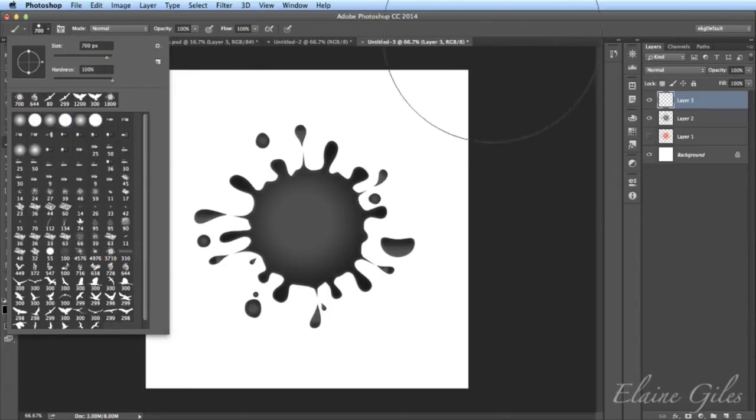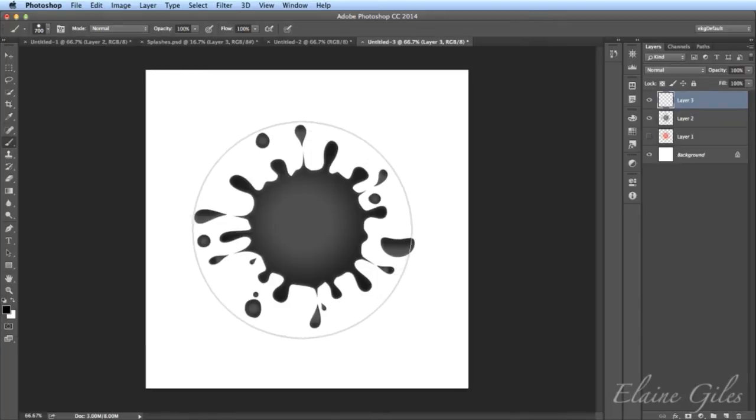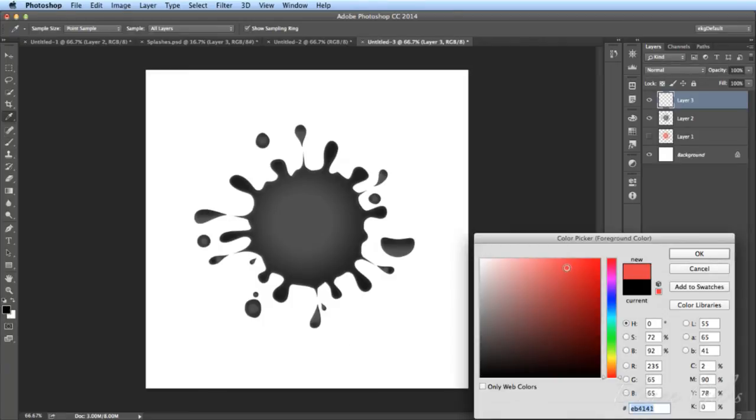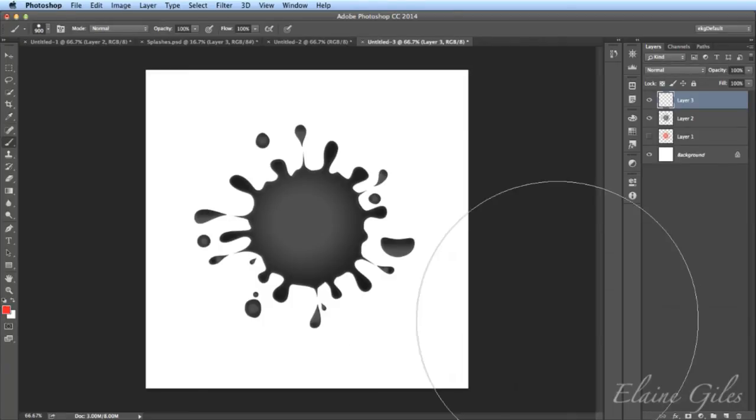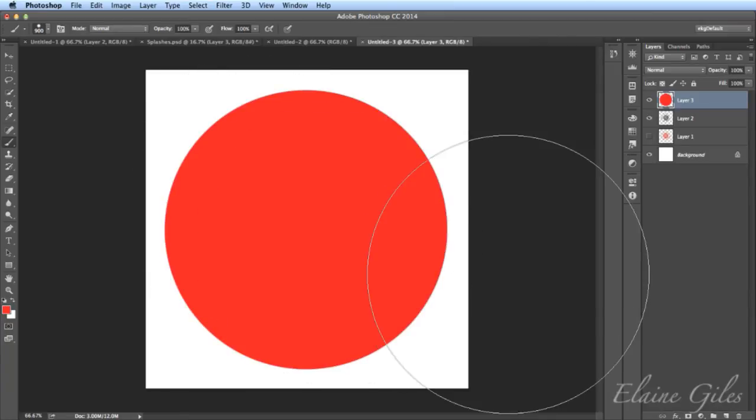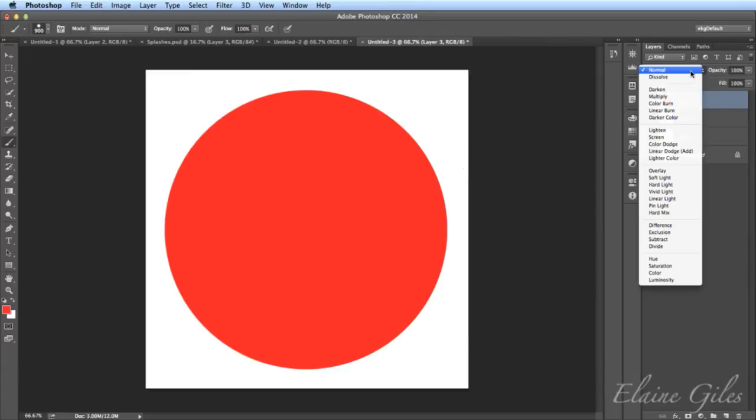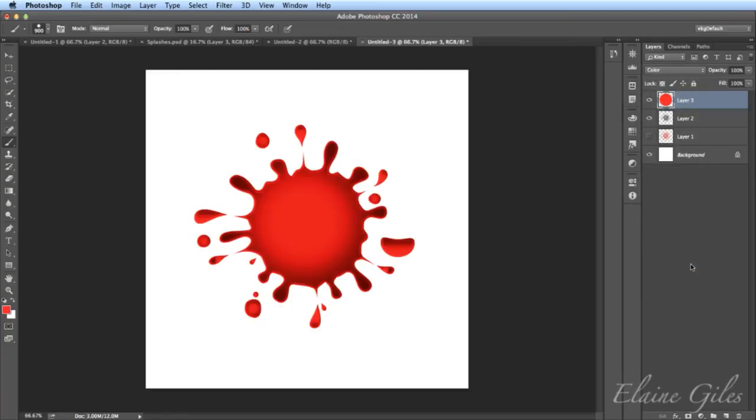Now how to do this is get yourself another layer, and on this layer I'm going to change my brush. I'm going to get just a solid brush on it and make sure that it does actually cover that. And this time I'm going to go back and get the red colour, somewhere like that. And I'm just going to click once. Now I know that's not a good look, but if I change this blend mode, who's going to be fast enough in the chat to tell me what I'm going to change it to? Because I want this layer to interact with the layer below it and take the colour from this layer, that's a clue, and interact with the greyish pixels, so the black and the opacity, on the one below. And I'm going to do that with colour.